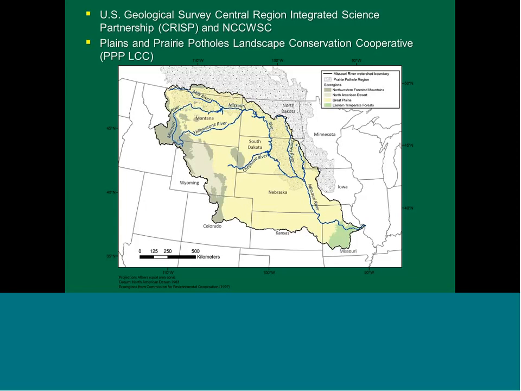We're really interested in what's going on here in this Prairie Pothole region, which is this stippled area here extending outside of the Missouri River Basin as well. I'll talk a little bit about that later on. Right now, I'm still engaged a little bit with Susan. We got some money from the North Central Climate Science Center to keep me engaged to some extent, and also the Great Plains LCC.